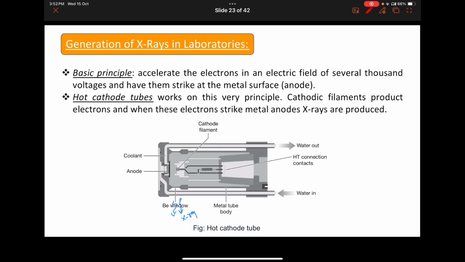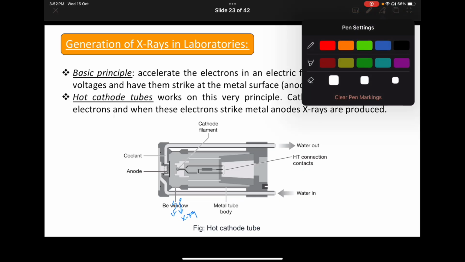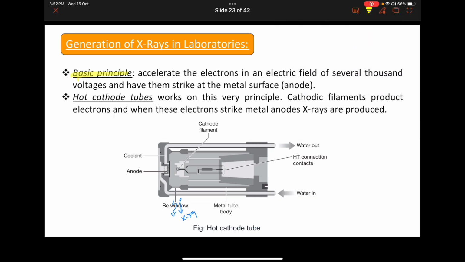Now we are going to study how these X-rays are generated in laboratories for purposes like studying crystals and in the medical field as well. There's a very, very basic principle on which these X-rays are generated. To generate X-rays, we take very high velocity, very high energy electrons, then we bombard these electrons at the surface of a metal, the anodic metals, the positively charged metals. These high-speed electrons interact with the metal and give off X-rays. This is the basic principle actually. We are going to study in a bit more detail the basic physics behind their generation.